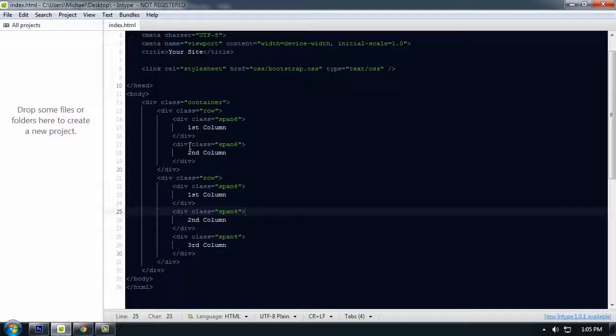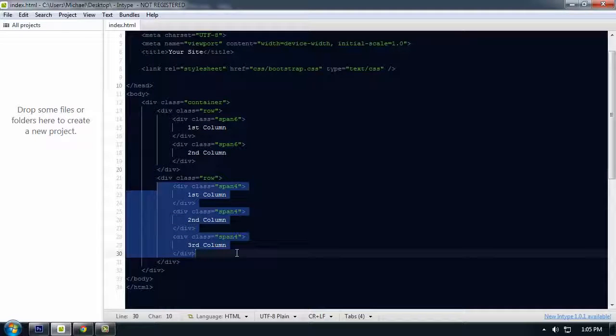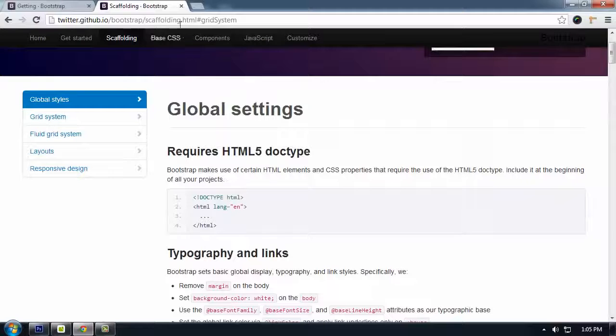If we run this in a browser, this will have 2 rows: the first has 2 columns, and the second has 3 columns. But before we preview it, we need to download